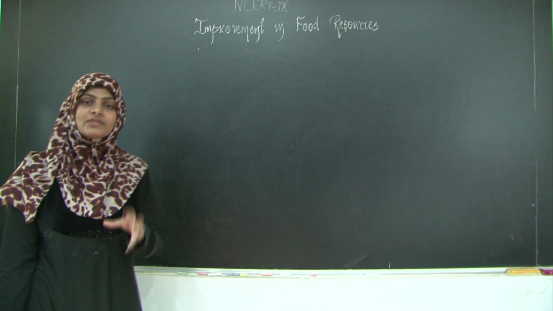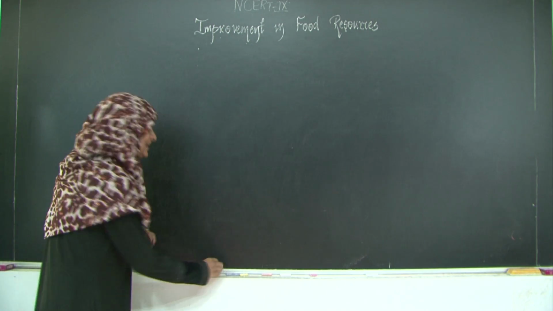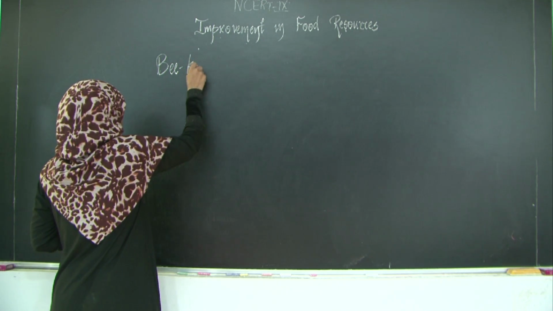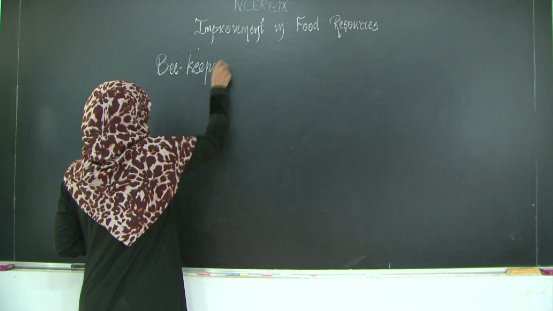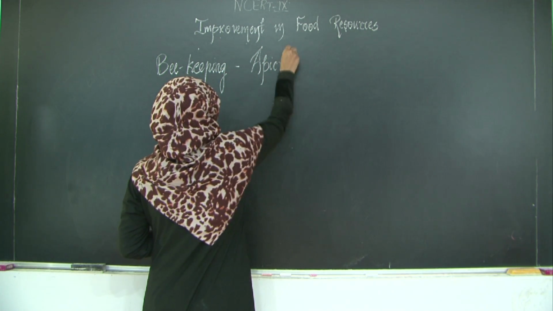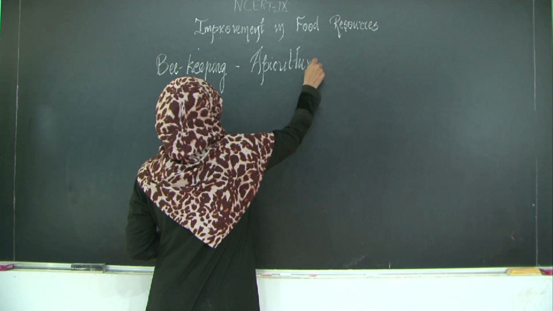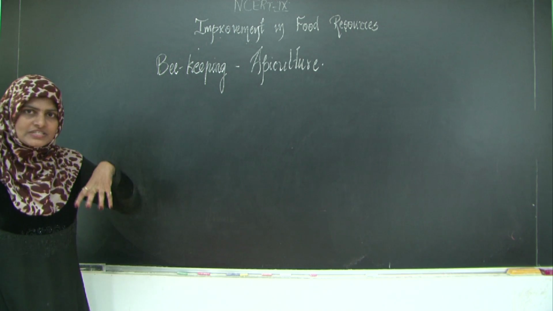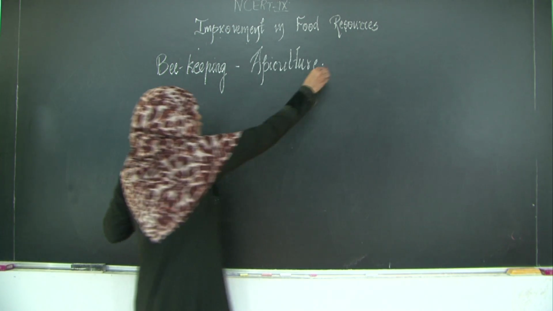Now, today we will start with the last part of the chapter, that is beekeeping, which means rearing of bees. Beekeeping is also known as apiculture. Now, why do I rear a bee, for stinging? No, I rear the bee for honey,